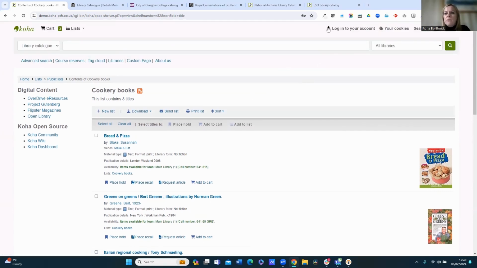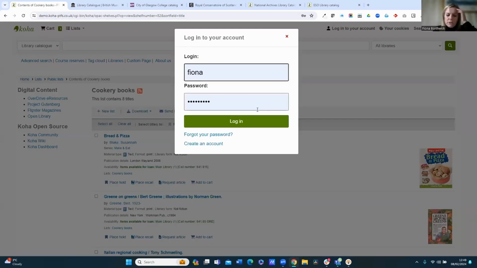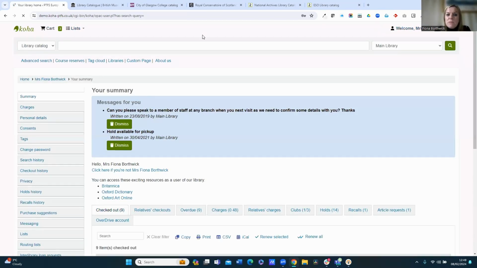Okay, moving on, I'm going to log into my account. Now, when a user logs into their account, it's using their library credentials, so their username, which also could be their barcode, and a password. You can optionally have a forgot your password link enabled, and you can allow, again optionally, users to create accounts using self-registration. When I log in, I'm now into my account and I'll come back to the details here,